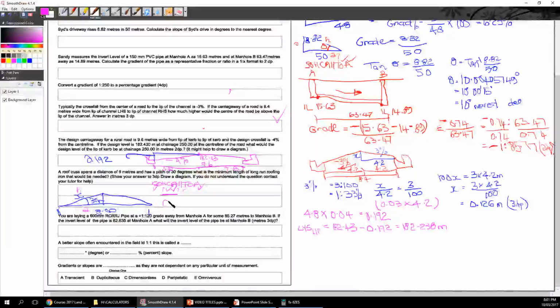So it's cosine 30 degrees equals 4, adjacent over X. So going up here we get X cos 30 equals 4, dividing both sides by cos 30,